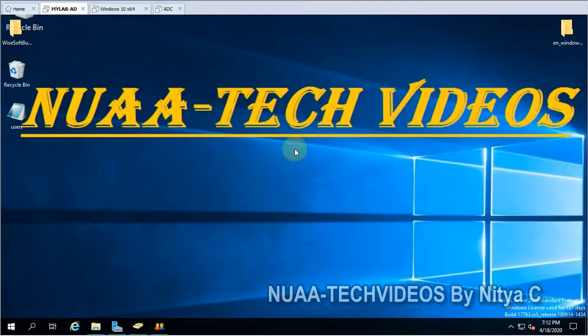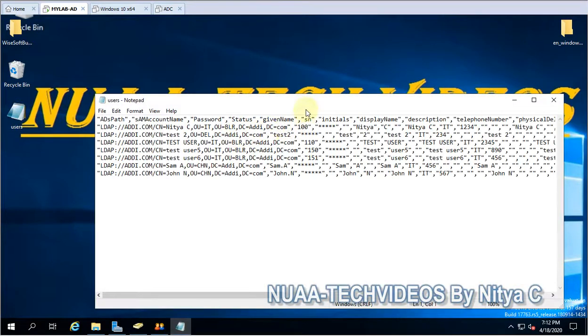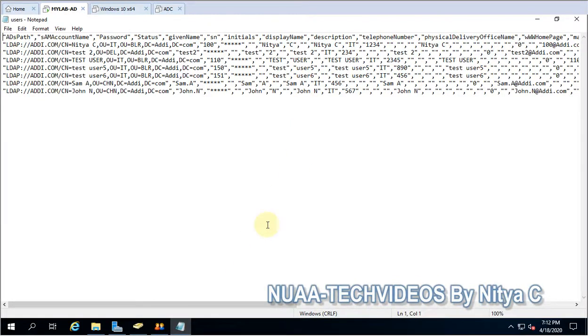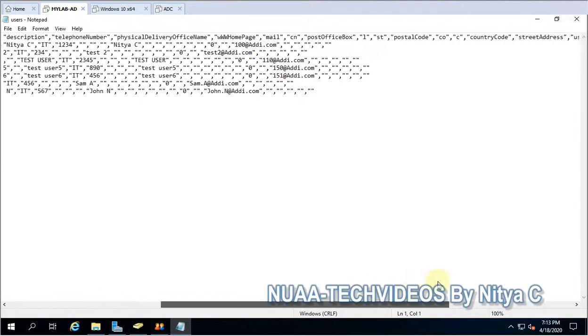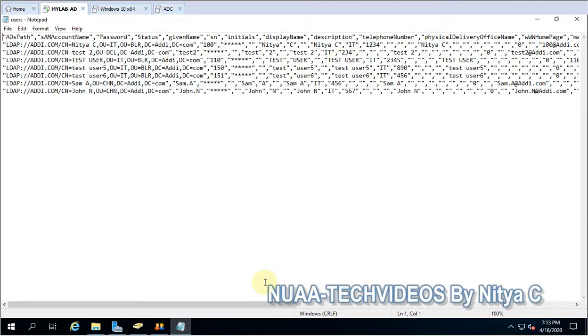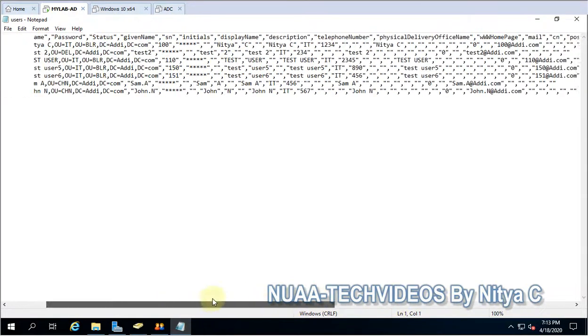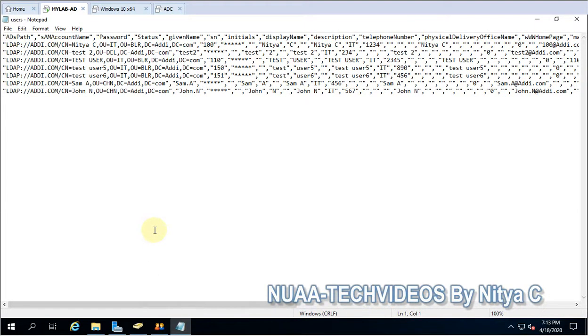Users, that is saved. So you can take this file to any computer where your MS Office is installed, and there you can modify the sheet. Because I don't have Excel or MS Office installed on this domain controller, I will not be able to modify, but it will open in the Excel sheet or the CSV file.